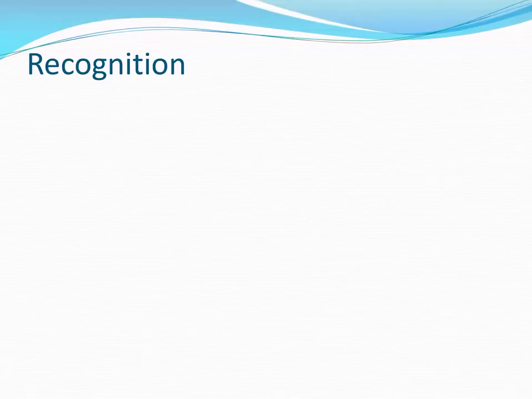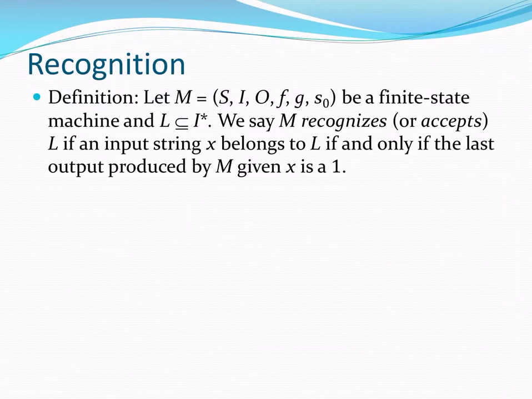We're in Rosen, section 13.2 on finite state machines with output. And here we discuss a function of a finite state machine with output called recognition. It has a formal definition and it could be modified for other situations, but we're going to say that